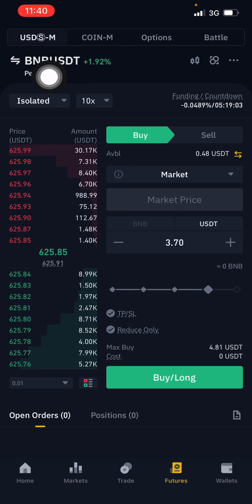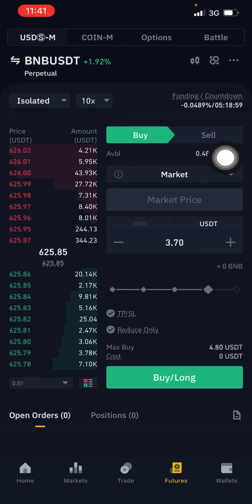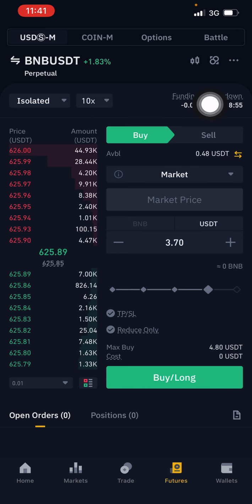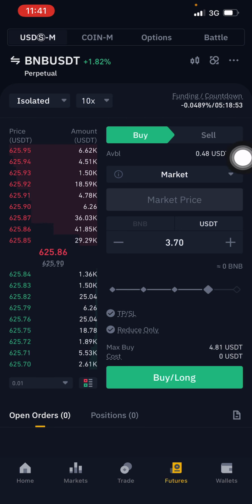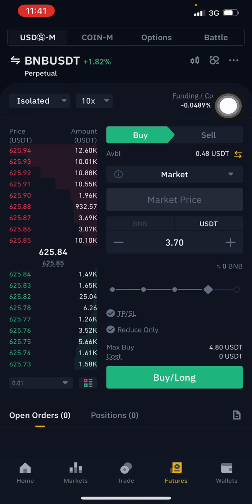But if it is isolated, it's only your $500 out of the $10,000 USDT that will be affected. Nothing will happen to the remaining $9,500 USDT. Do you understand? You see the differences now. Cross is going beyond your boundary. Isolated is, do not use cross. That is about that. So the difference between this and this is that